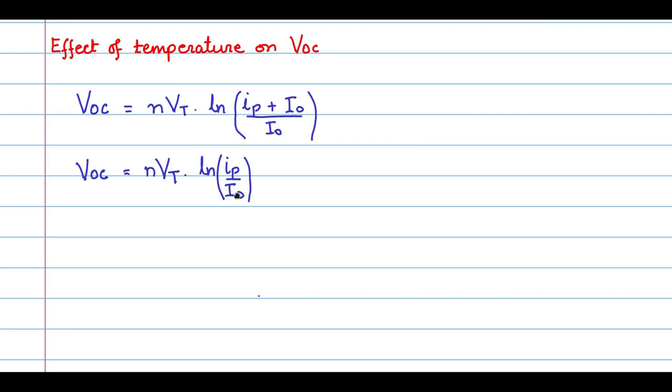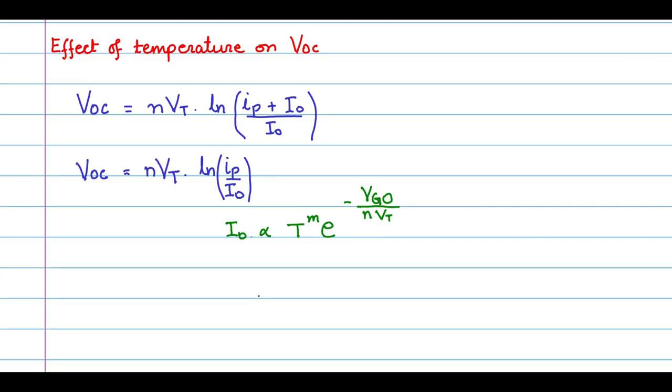So considering I0 and VT effect together, you will see that VOC is inversely proportional to temperature. The reverse saturation current I0 is proportional to temperature to the power of m, e to the power of minus VGO by n VT. Recall VGO was the numerically voltage equivalent of the band gap energy. So you see the dependence of I0 on temperature,